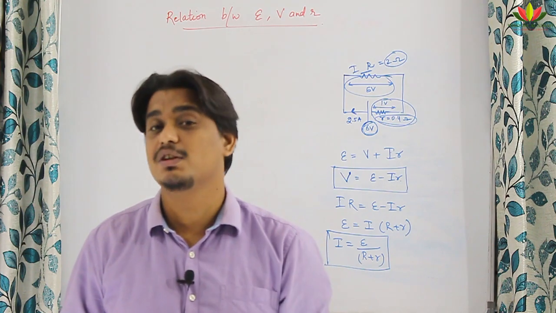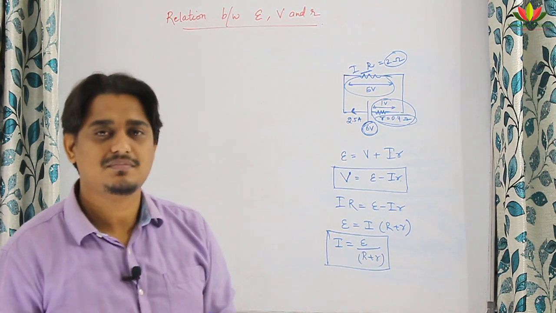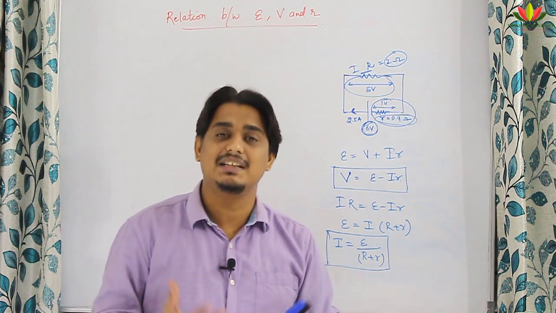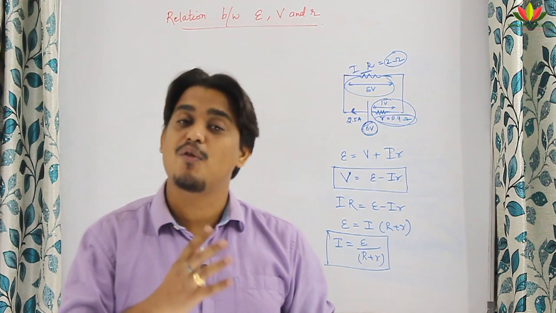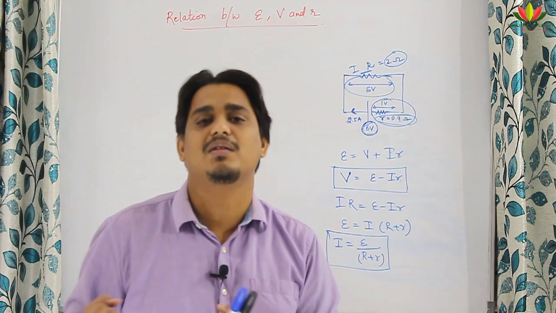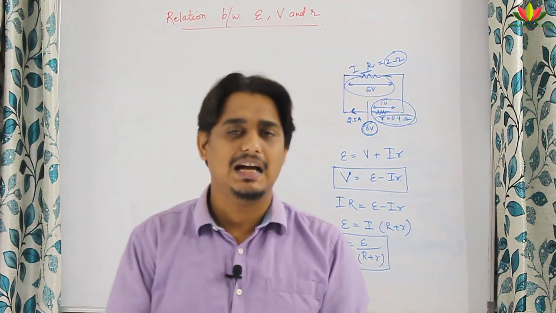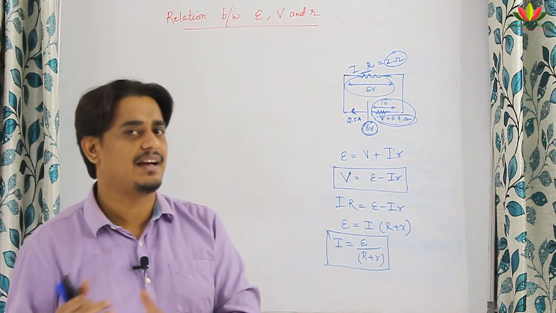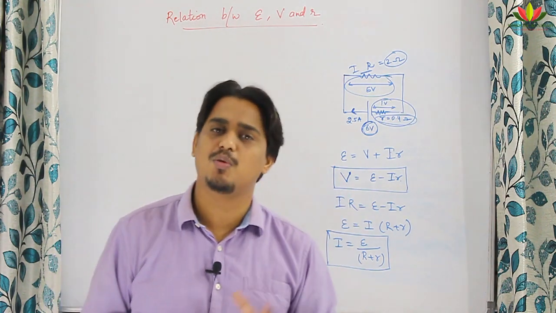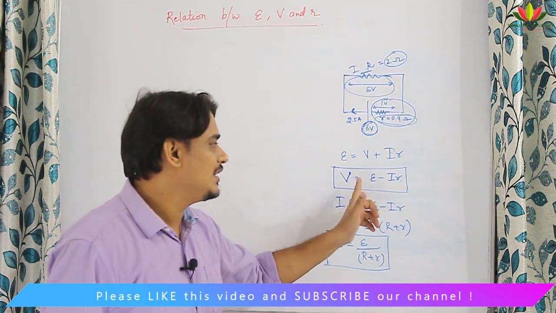Where is that 0.2, 0.3 volt lost? That is lost in the internal resistance of the cell. If you ask me how this internal resistance is caused, it is caused in the electrolyte. So, the electrolyte offers some resistance in the cell which the charges have to overcome to move. That resistance is the internal resistance present inside the cell. I have also drawn the relationship between E, V and r, and finally you have got that terminal voltage V is equal to electromotive force E minus I into internal resistance r. So, V is equal to E minus Ir.